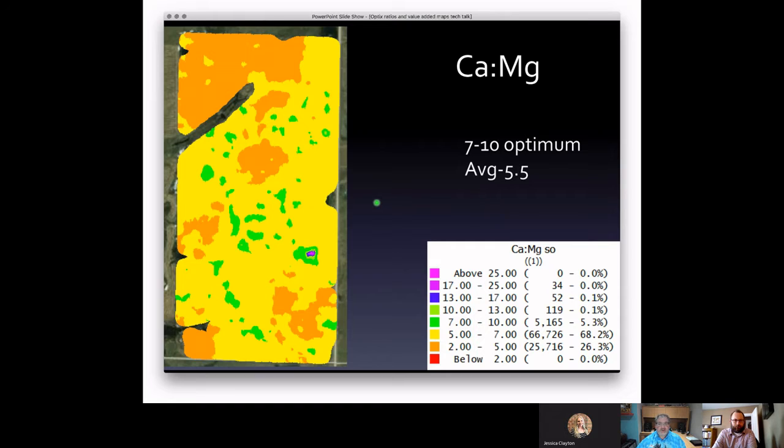The second map we're going to look at is the calcium to mag ratio. If you read organic agriculture or regenerative agriculture literature, a lot of them talk about the calcium to mag ratio, wanting it somewhere between 5 to 7 or 7 to 10, depending on how it's created. For our maps, we're looking somewhere between 7 and 10, and this particular field is at 5.5. So this map here is telling us, hey, we've got to work at calcium to bring it up to the